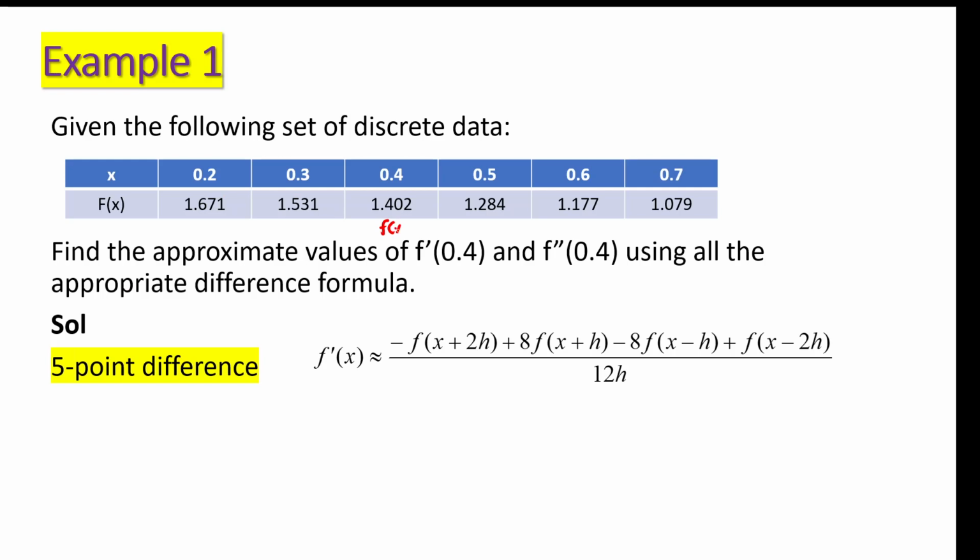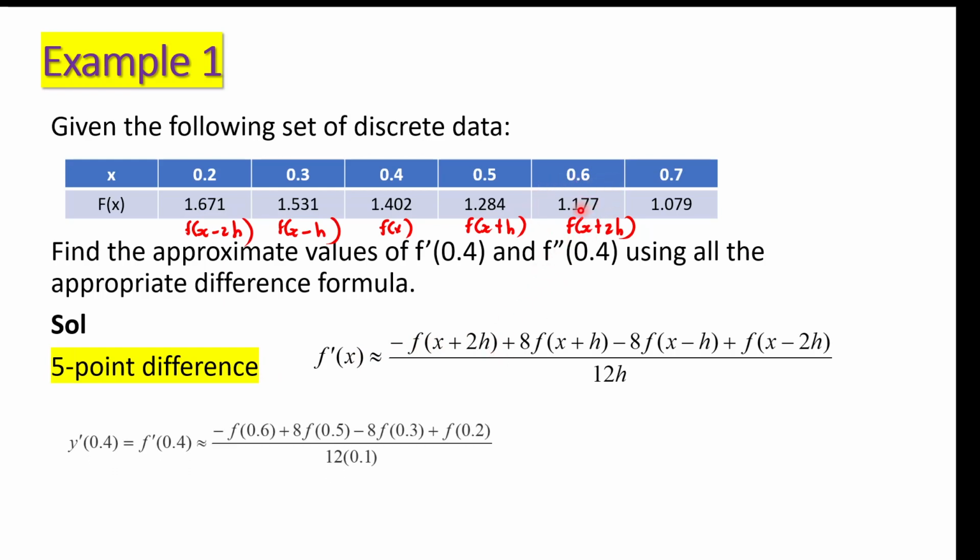This is f(x), this is f(x+h), f(x+2h), this is f(x-h), this is f(x-2h). Then you plug in accordingly to the formula. So negative f(x+2h),